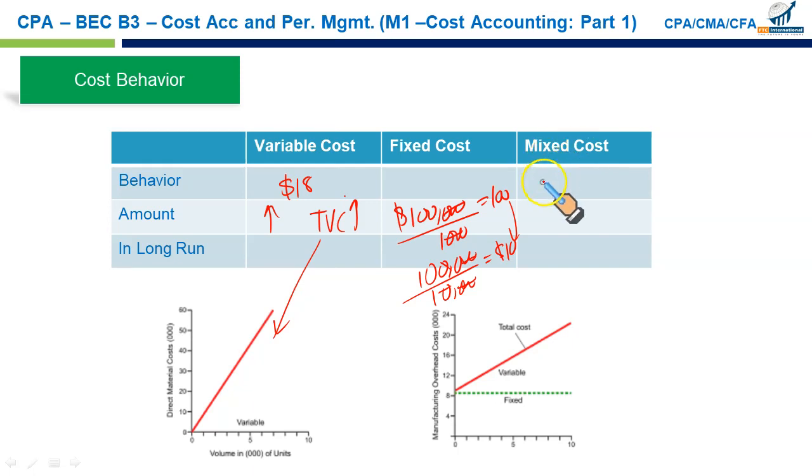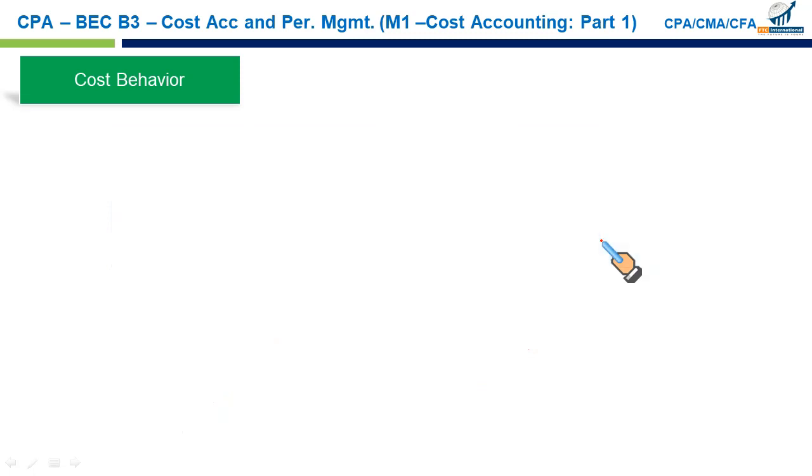And as I said, mixed cost is the sum of fixed cost and variable cost. So its behavior is that it increases with the level of output, but as you increase your level of output, your mixed cost per unit will fall because of the presence of fixed cost in the mixed cost, right? And in the long run, it can again have an erratic movement up or down depending upon the specific circumstances we are in. Cost behavior and relevant range.